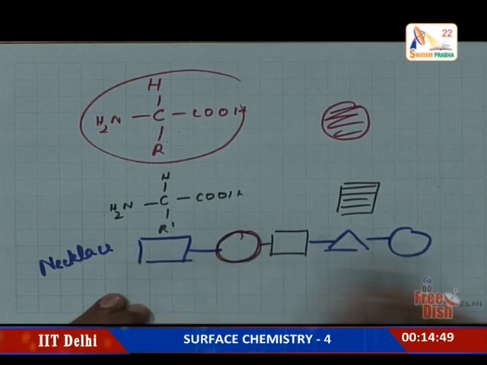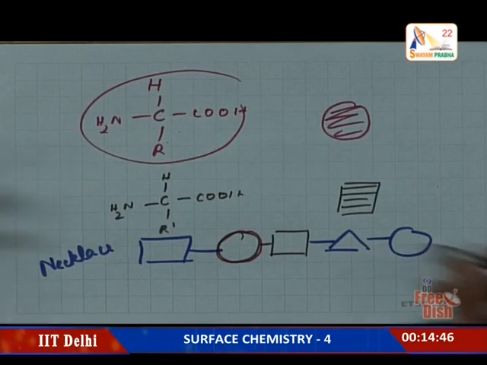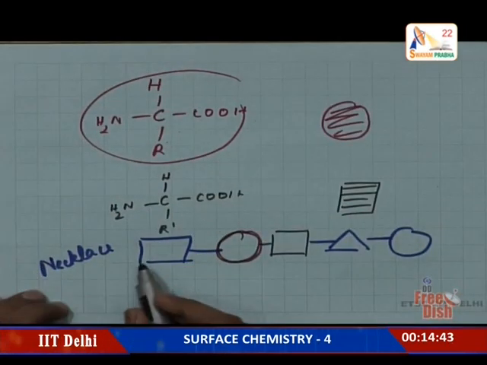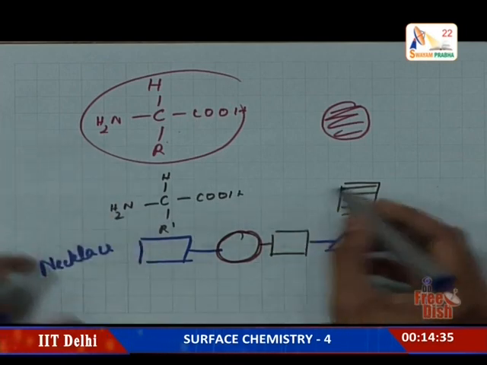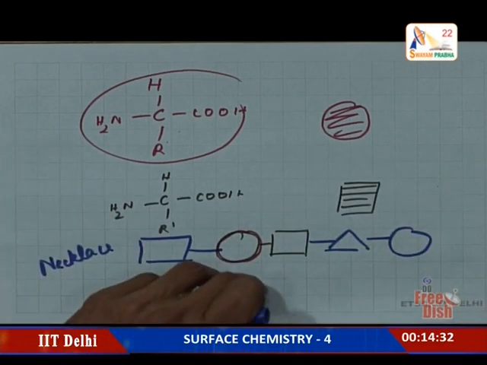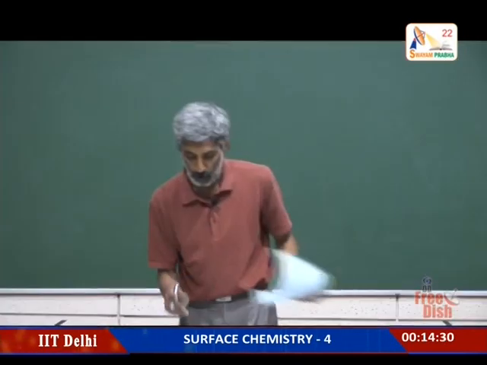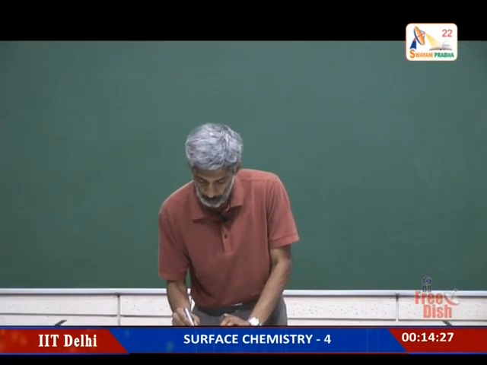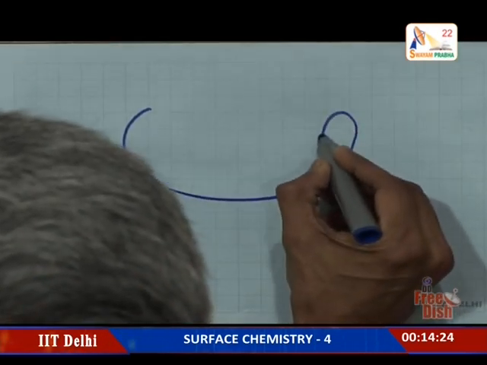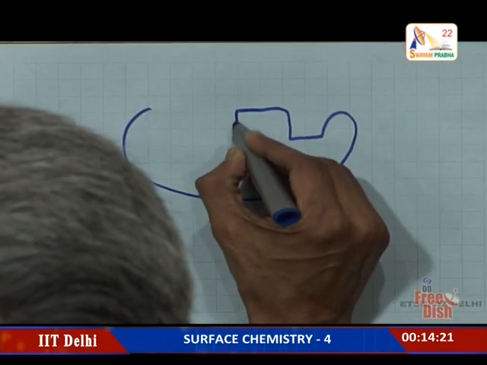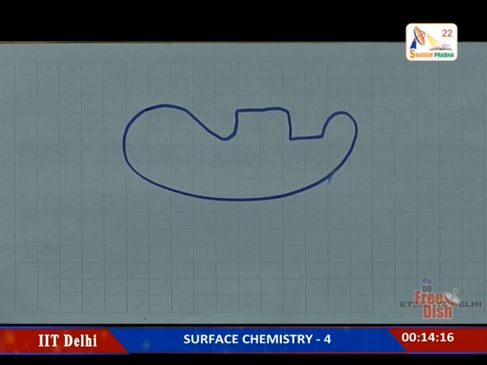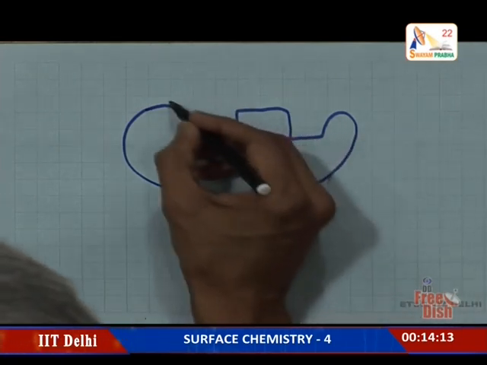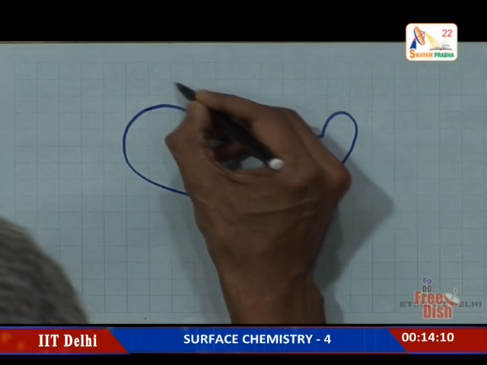But if I have a different order, then the shape it takes is different. So, based on what beads I have put together, the shape that the enzyme takes is finally very different. So, imagine that I have an enzyme which folds up in such a way that I have something like this. And if I have a molecule that has this shape to it, so imagine that I have